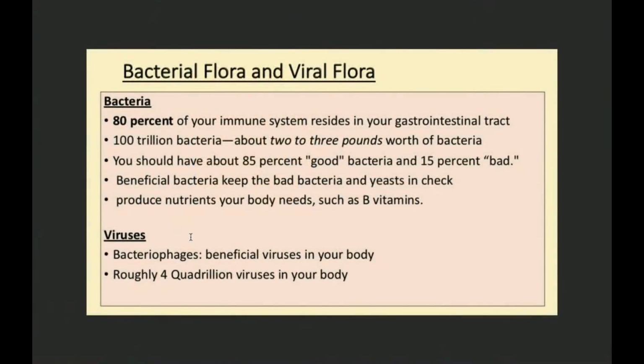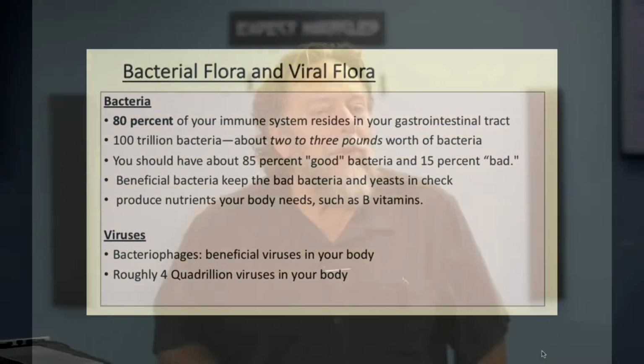Viruses: you have 70 trillion cells, 100 trillion bacteria, and 4 quadrillion viruses. Without those viruses, you die. You need the viruses, you need the bacteria. You are designed to live on this planet. If you look at some of our videos on viruses, bacteria, and fungi, there's a communication pathway. That's what viruses do. They transfer information. We're going to cover that in the second half, which the censors will not like.